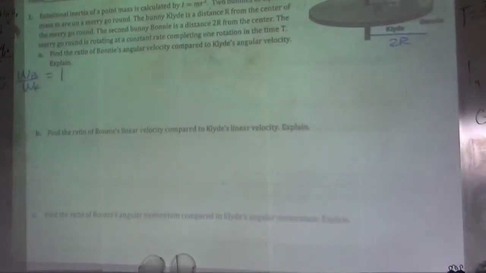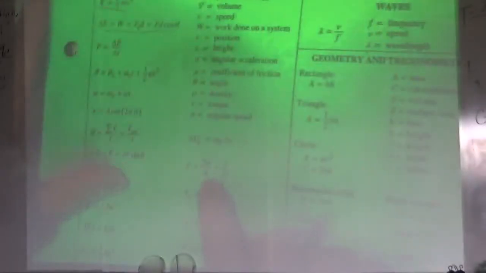A lot of you guys use the equation, so on your equation sheet it gives you that T equals 2 pi over omega, which means that omega is equal to 2 pi over T. So as long as they have the exact same period, as long as they're turning in the same amount of time, they're going 2 pi radians in the same amount of time, so their angular speed has to be the same. I didn't use the equation, I just said they have the same angular velocity